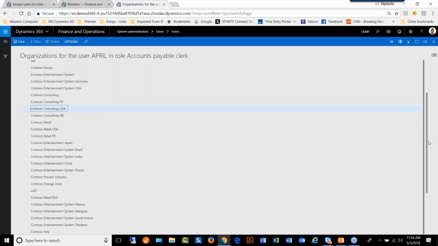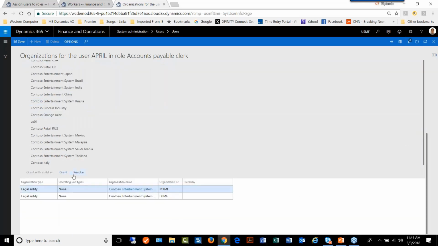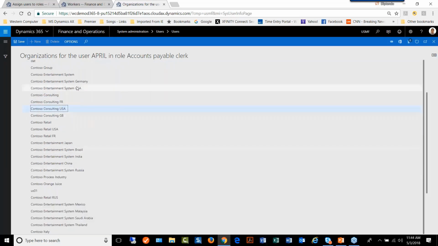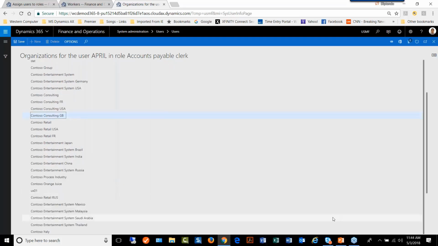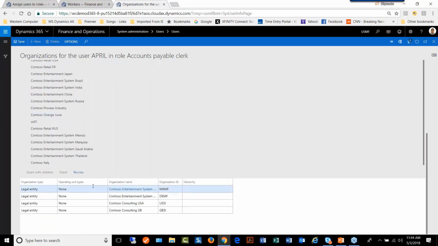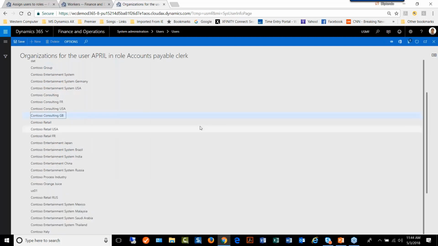So USA, grant, and Great Britain, grant. For this role, which is accounts payable clerk, April only has access to 4 of these companies as opposed to all companies. Now, if I click save,